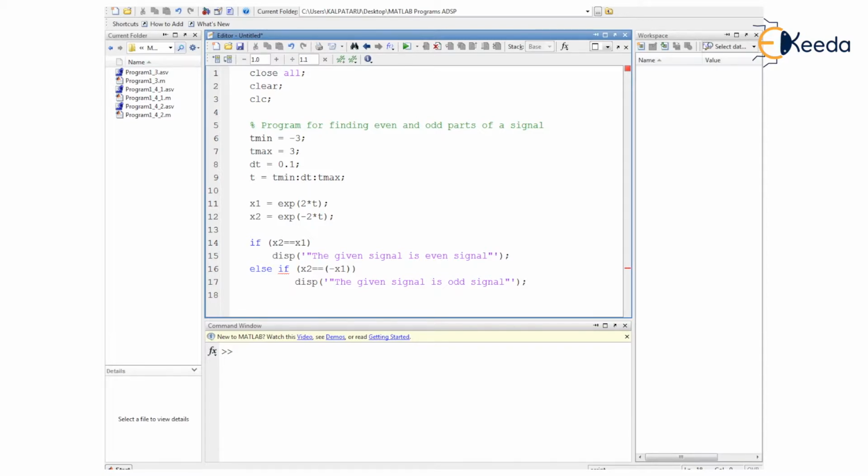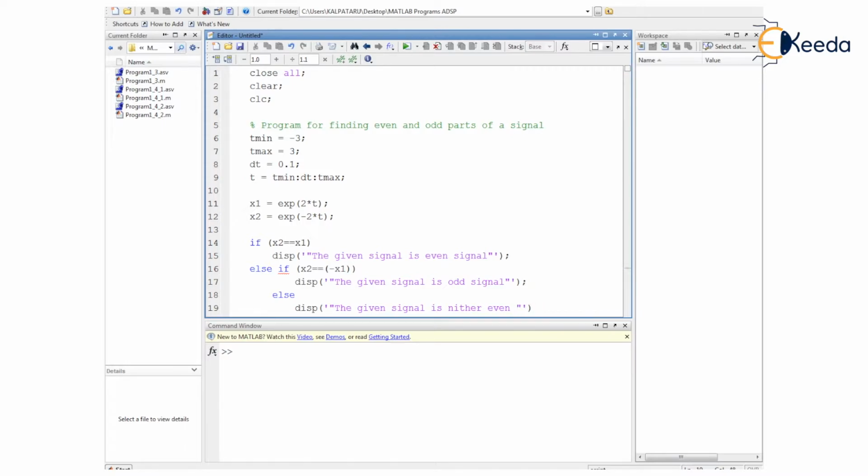And if this condition is also not true, what should be done? Else we are writing another message here. Another message will be displayed onto the command window. Within a pair of parentheses and a pair of single quotes, here we are writing the given signal is neither even or odd signal.